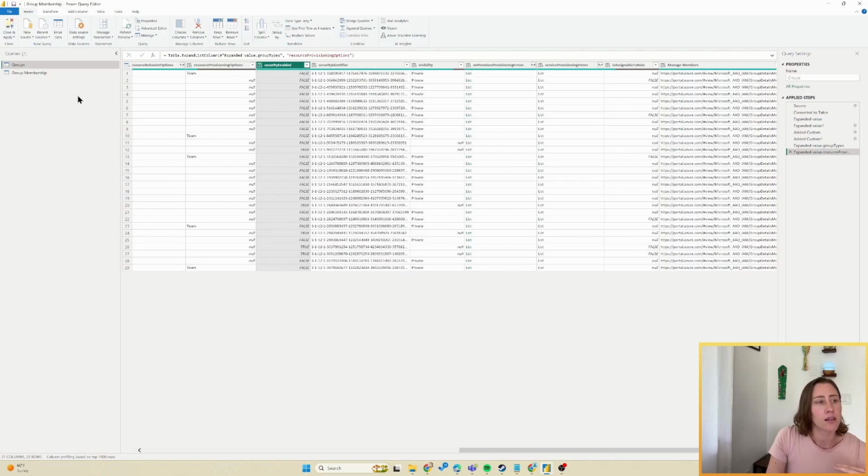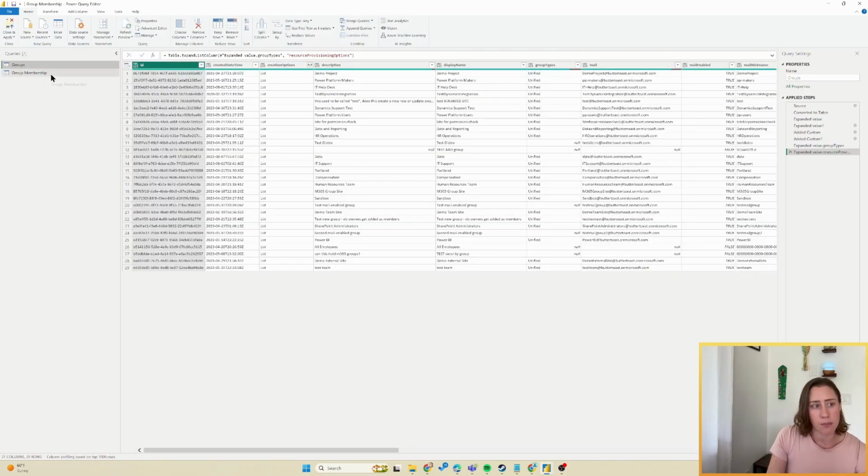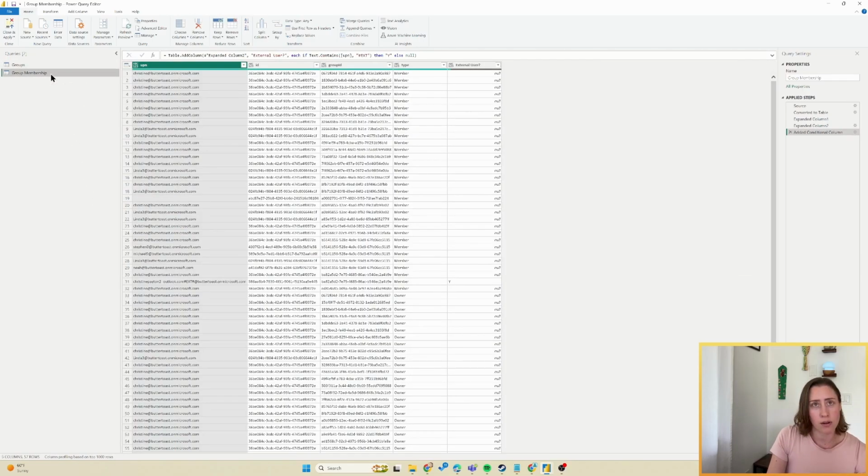So for the membership, the query for getting group members, called list group members, does not get the owners, but I'm going to show you how to get the owners today with a different action. And that'll let you take their email address, UPN, phone number, and I think the job title. I'm only pulling a few fields in here because I don't have my Microsoft 365 profiles filled out, so everything is pretty much blank. But we can also get information about whether or not the user is an external user